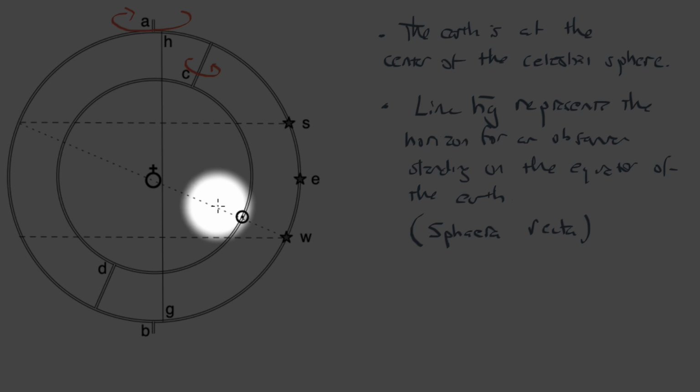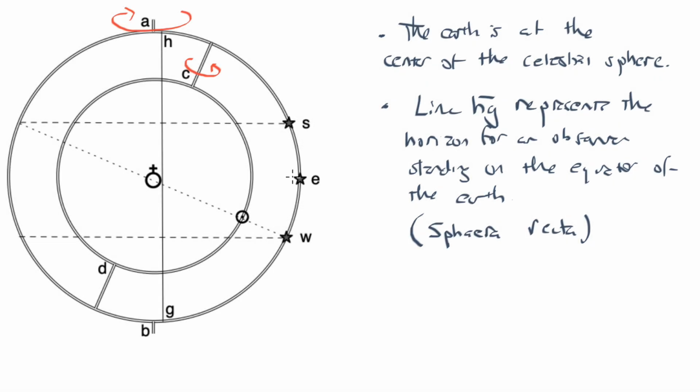When the sun is rotated a quarter of the way around riding on this internal sphere, it is going to follow a trajectory so that it's right in front of these stars, and that would be the day of the vernal equinox. Then, as this internal sphere continues to rotate, eventually the sun is going to be up here,